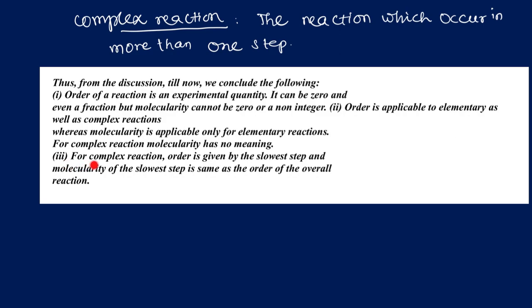Next, third one. For a complex reaction, the order is given by the slowest step, and the molecularity of the slowest step is the same as the order of the overall reaction. So in a complex reaction, we have more than one step, and any one of the steps is a slow step. According to the slow step, we can determine the molecularity, because each step is an elementary step in the complex reaction. For example,